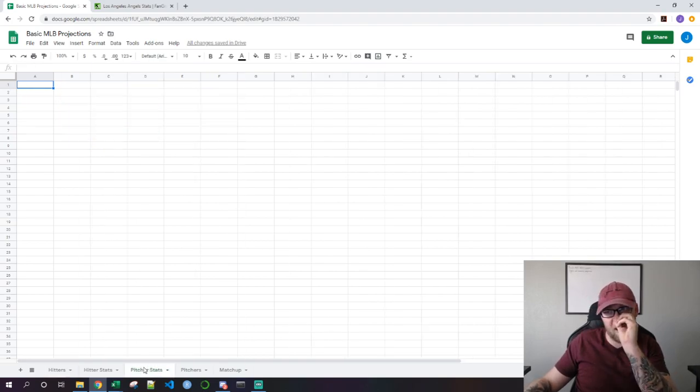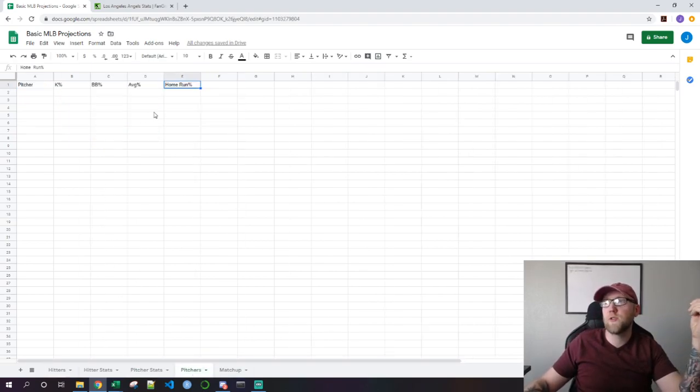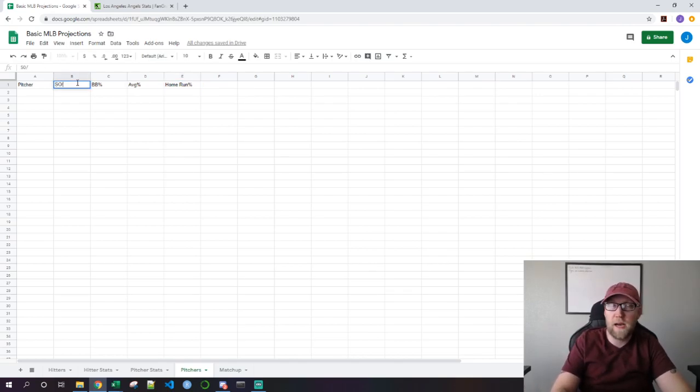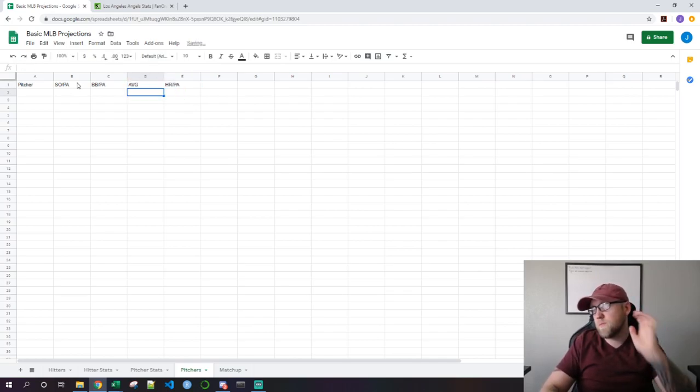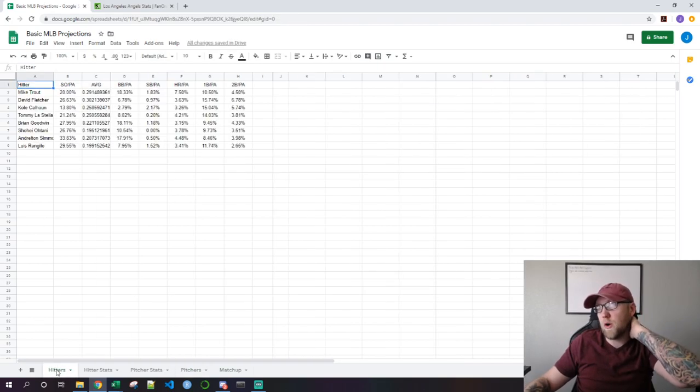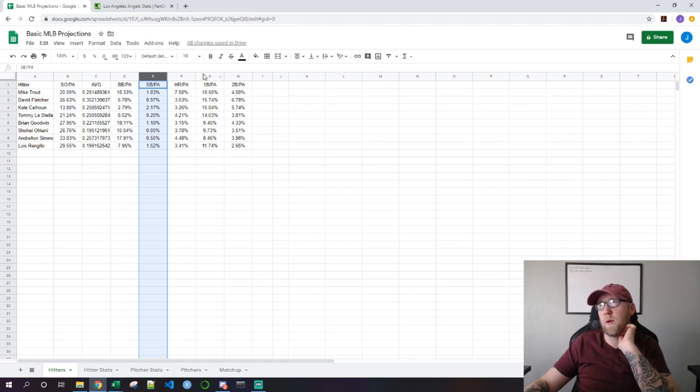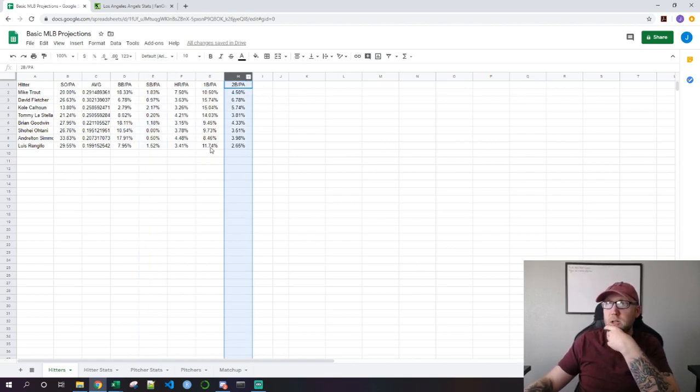So now let's go populate the pitcher stats really quick, because for the pitchers, we know that we are going to need the same things. We know that we're going to need their strikeouts per plate appearance, their walk per plate appearance, and their batting average allowed. We're going to need to know their home run per plate appearance. So the same stuff that we want for hitters, outside of stolen base per plate appearance, first base per plate appearance, second base per plate appearance. And actually,